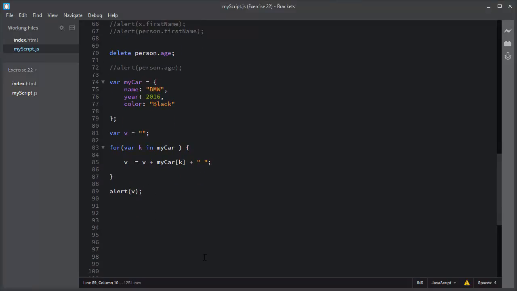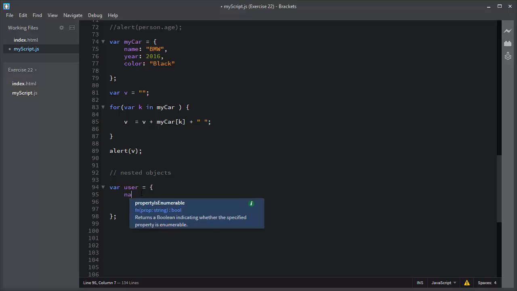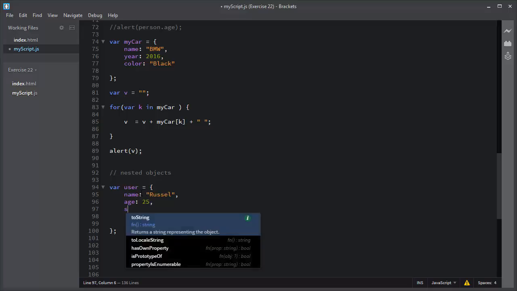You can also define a nested object in JavaScript. Let me give you an example of nested objects in JavaScript. I will create an object user. I will add some properties to this user, like name property Russell, and age property 25, and now I will nest an object inside this object like size